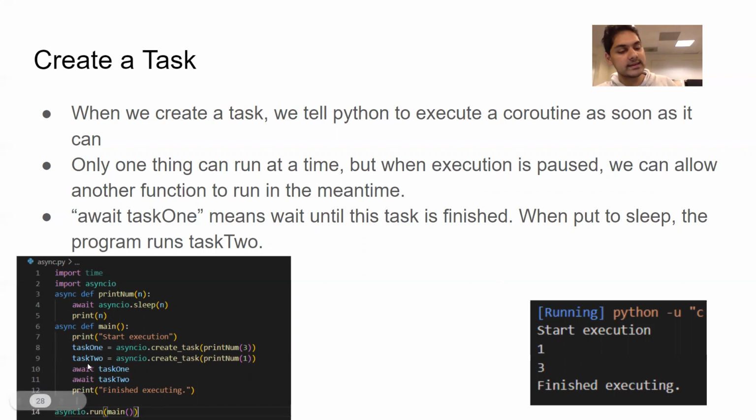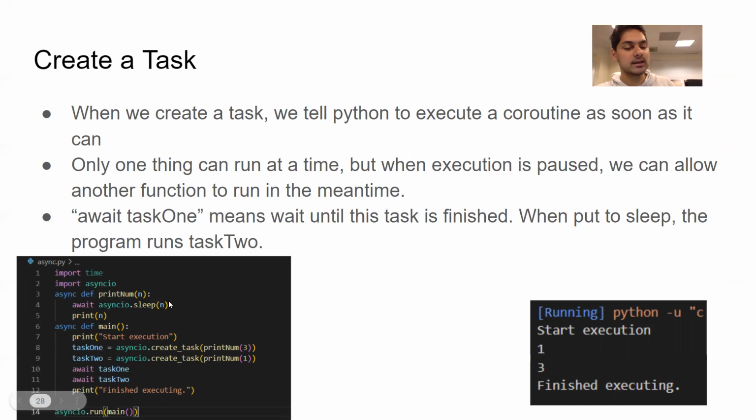So, await task 1, await 3 seconds, we're gonna put this task to sleep. But we know that another task, task 2, exists. So while task 1 is put to sleep for 3 seconds, we're gonna call task 2, creating a new local frame with print num, and we're gonna put it to sleep for 1 second.